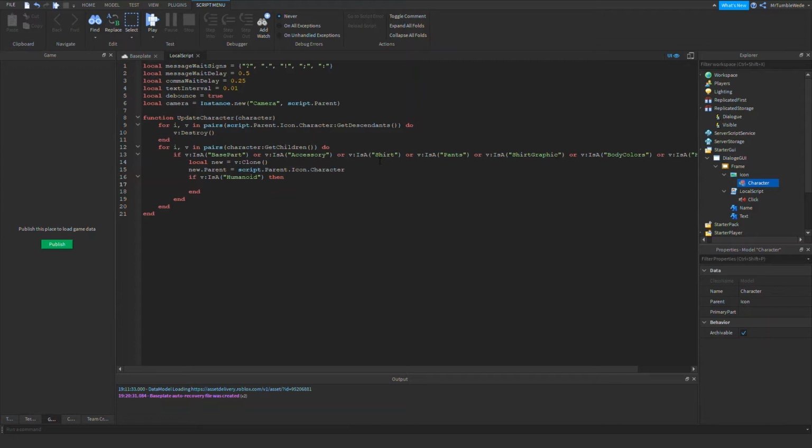So then we do new.DisplayDistanceType equals Enum.HumanoidDisplayDistanceType.None. I'm just gonna do that just to make sure.